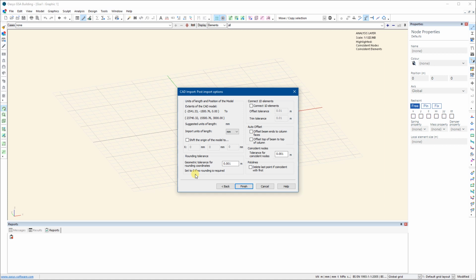If I choose next, depending on your preference, you can choose to shift the origin of your model to 0, 0, 0. Again, it really depends on you and how you've created it. I'm not going to do that, but it's an option. Again, lots of other options here. You can have a look at those in your own time. Now if I choose Finish,